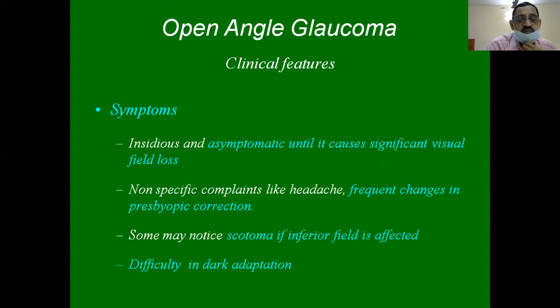Okay. So if you take the clinical features of primary open-angle glaucoma, the onset is insidious, and mostly the patients are asymptomatic till such time that on routine examination, we examine the patient and find glaucomatous optic atrophy or glaucomatous cupping in advanced stages. And the patient also will not come to us till there is a significant visual and field loss for the particular individual.